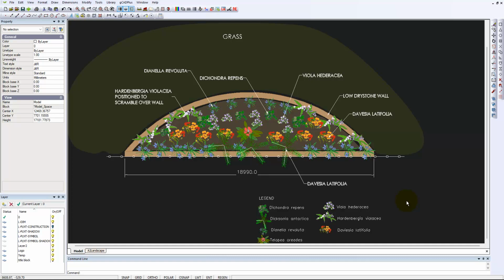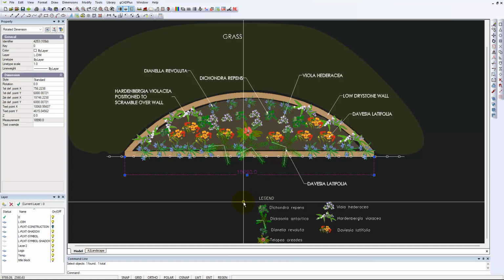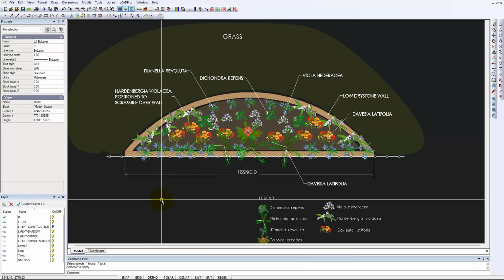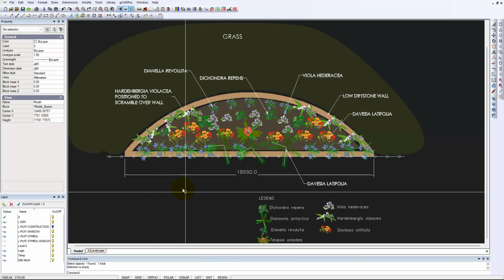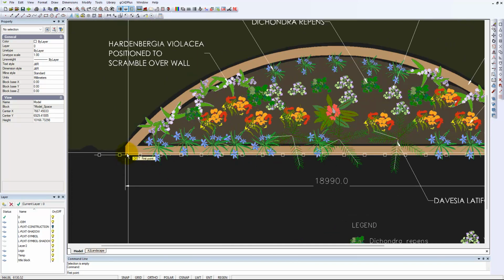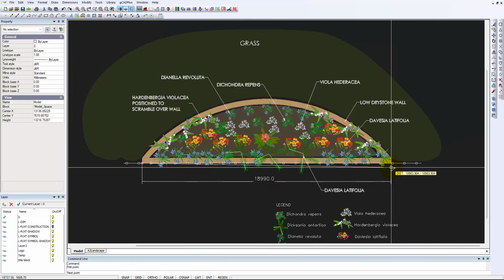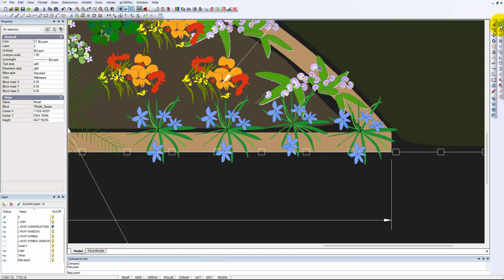I mentioned that in this model space environment, everything is drawn full size. And notice here, there's a dimension being applied, giving us the width of this new garden bed area. I could use the distance command to measure that accurately, although the dimension, of course, has done that for us. And I could come across here and snap to the end of what will in fact be a dry stone wall, and I can come across here again and snap to the other end and notice that it's